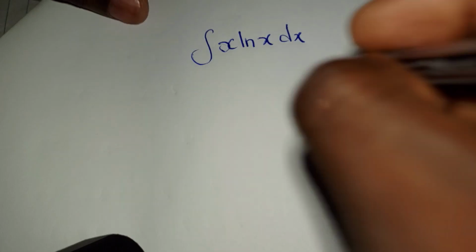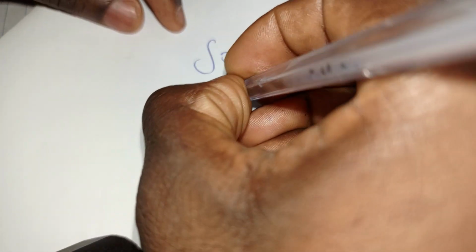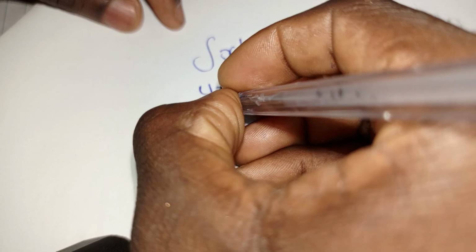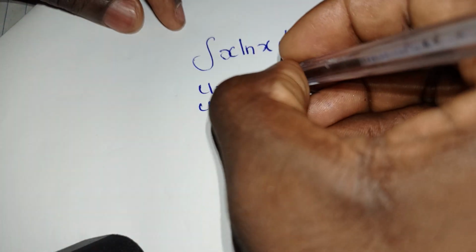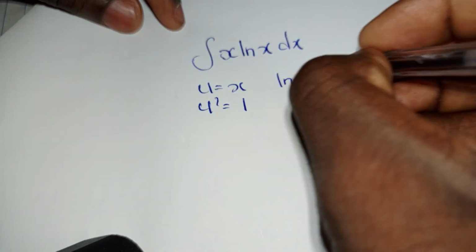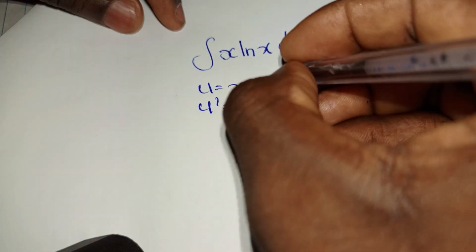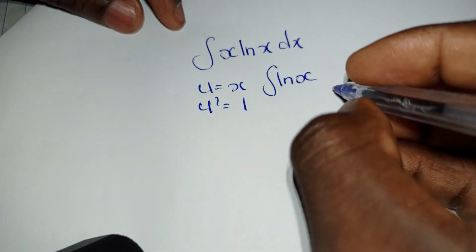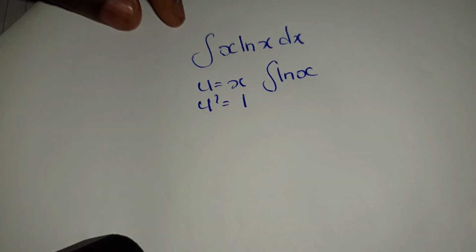I have another example here with me. I have the integral of x ln x dx. So what we do here is we will say u is equal to x, and u prime is equal to 1, where we have ln x. In this case, we will have this one to be the integral of ln x. Then we know that